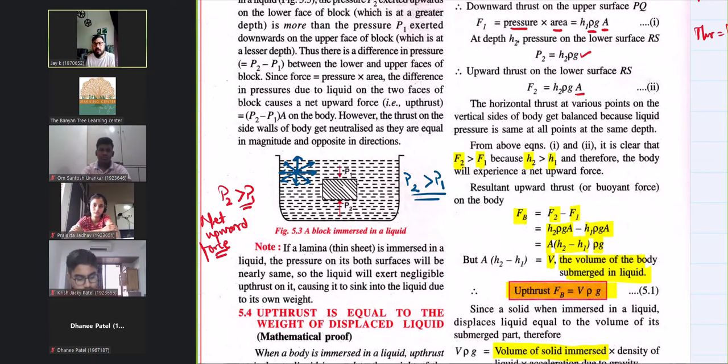And always any body, if it is submerged in a liquid, the pressure or the force exerted on the bottom part of the body in the upward direction will always be greater than the pressure or the force exerted by the fluid in the downward direction on the upper part of the body. मतलब नीचे से जो force आ रहा है वो हमेशा बड़ा होगा. Why? Because the force increases with the depth. Pressure increases with the depth. ठीक है. So this is the reason behind upthrust.